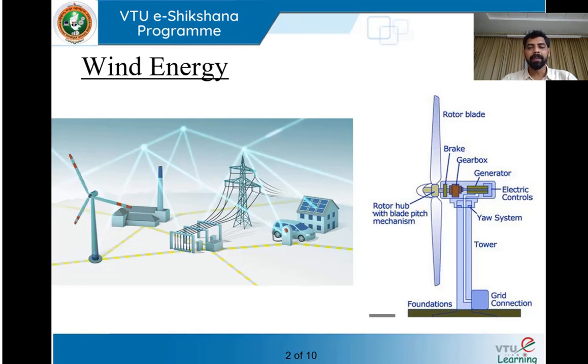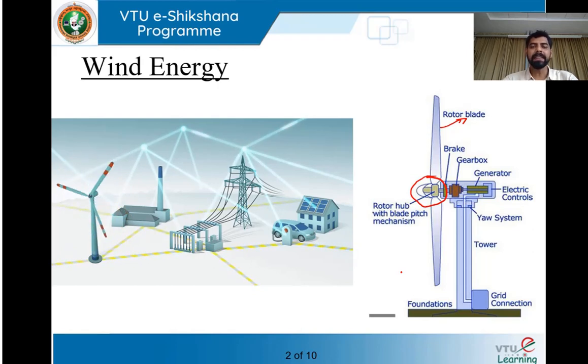So a windmill basically has three blades, which we call rotor blades, and they are fixed over a hub known as the rotor hub. You can see that this is the hub region and these are the rotor blades. And projecting out of this rotor hub, what you can see is a shaft, and you have a gearbox and an electric generator there. So what we normally do is, these wind blades are erected on a very